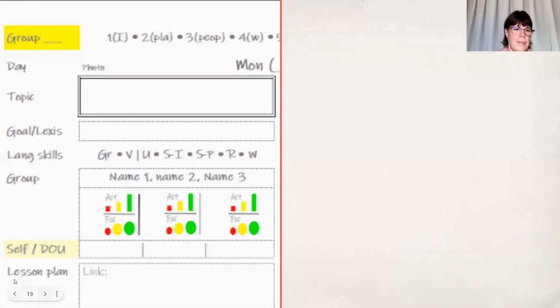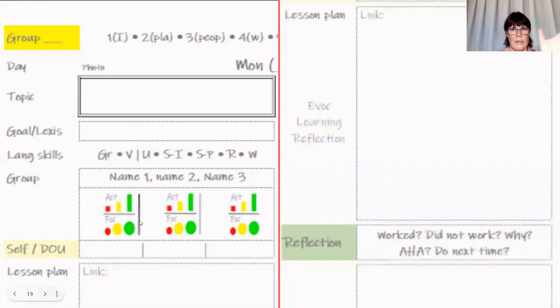And here comes the lesson plan. No, I just cut it up so you see the whole page. So the lesson plan is just bullets. Link here means how am I going to link today's presentation to the presentation I had the day before. And I wrote a very brief outline of what I'm planning on doing. And after the presentation, I just tick what was done and cross out what was not done, or sometimes even add what I added during the presentation because I felt that they need more practice in a different area than I anticipated.